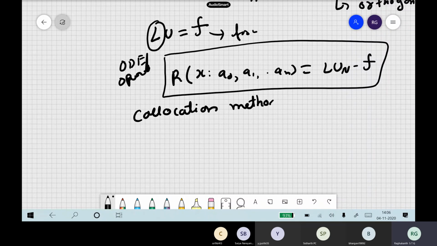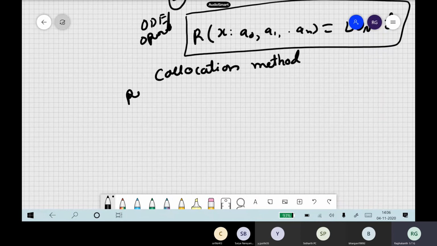Collocation method or collocation points also, because the order of the polynomial, or how many terms you are going to use, depends on the number of points. We have discussed this in great detail in our last class. Now what type of polynomials or functions should be used if things are periodic, with the boundary conditions or whatever?